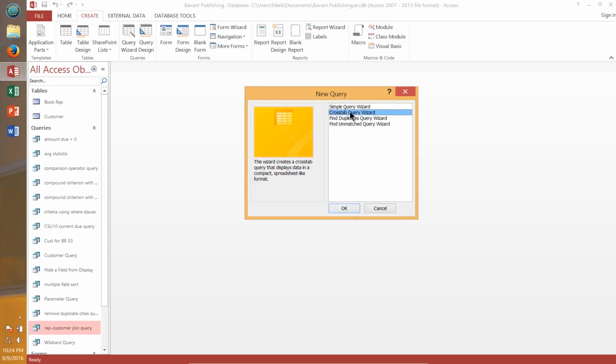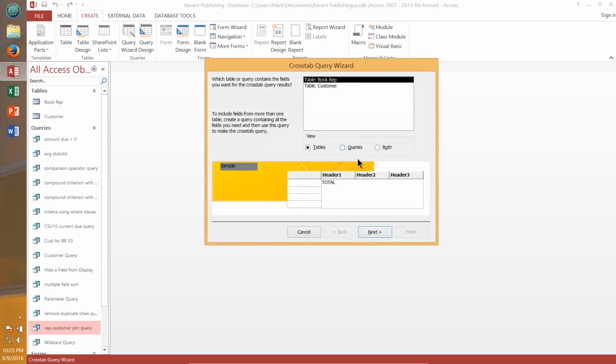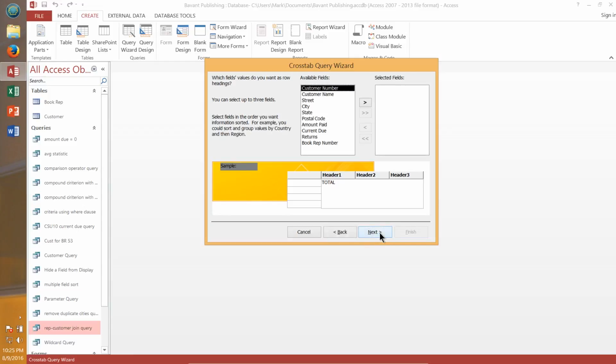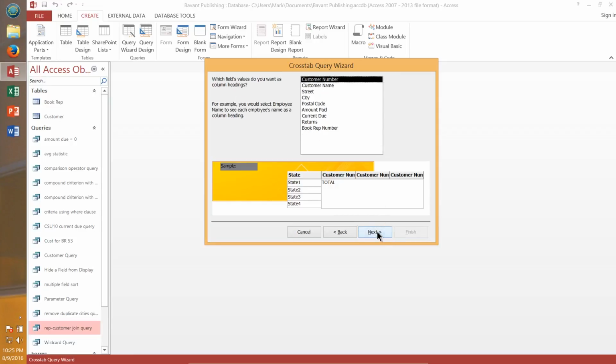Once I've selected crosstab query, I'll click OK, and then I'm going to select the table is customer, and then I'll click next, and we're going to add the state field. So we've added state as the selected field. Then we'll click next again,